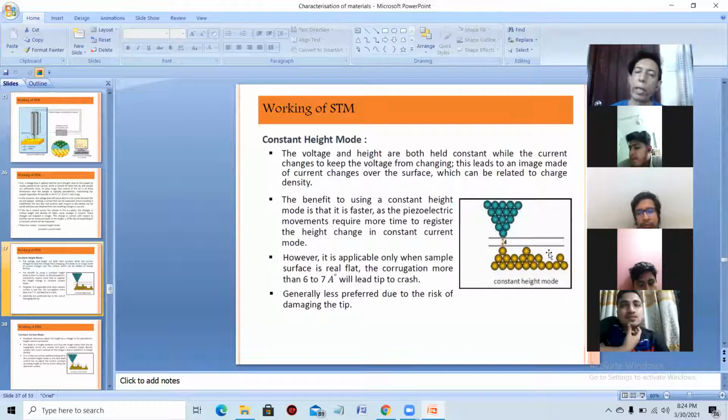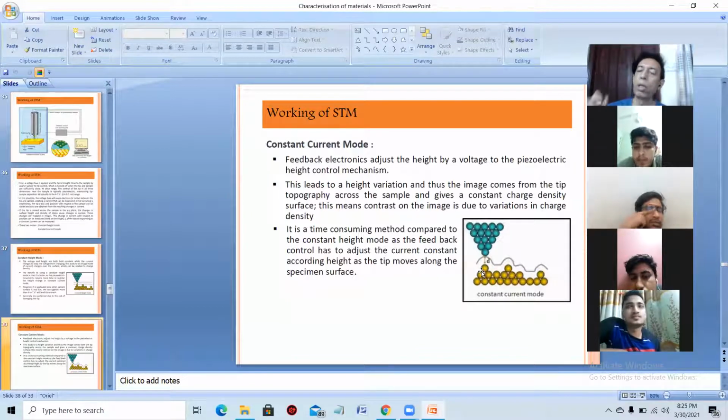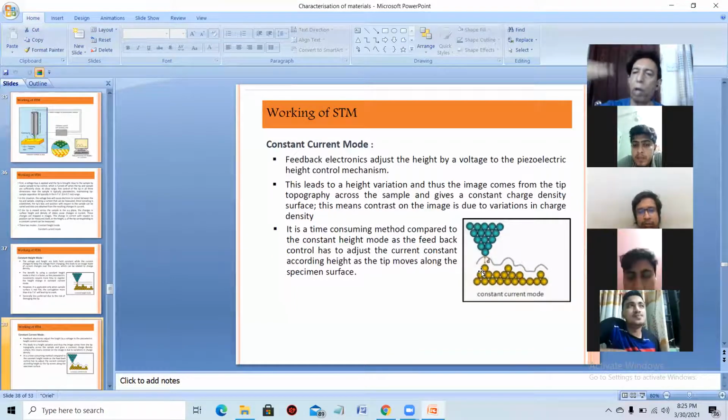You will get the varying current. But here, the height of the tip is not constant. The current is constant, so the height of the tip will go up and down, because you always have to keep the tip-sample distance constant. To make it constant, the tip will move up or down